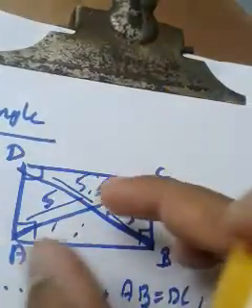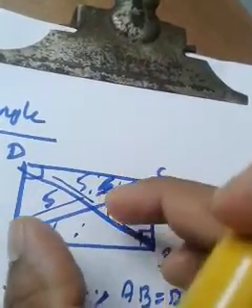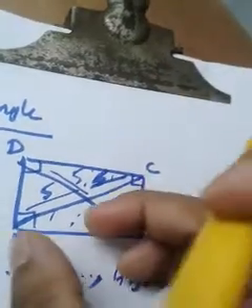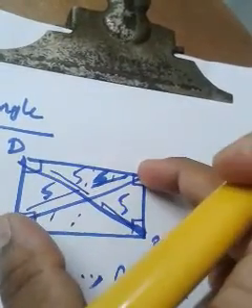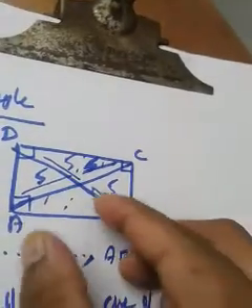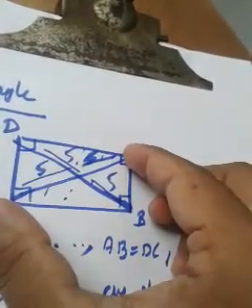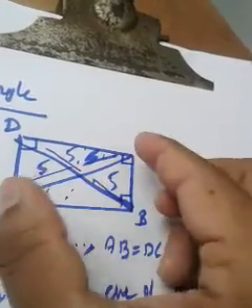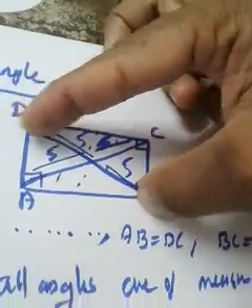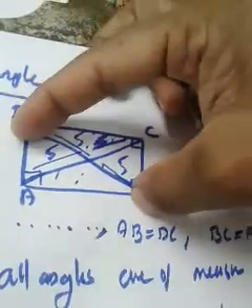That means this portion of this diagonal should be equal to this portion of the same diagonal, and this portion of this diagonal should be equal to this portion of the same diagonal, and see, once again, this portion of this diagonal should be equal to this portion of the same diagonal, and similarly this portion of this diagonal should be equal to this portion of this diagonal.